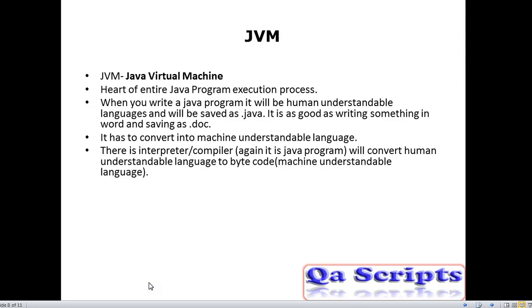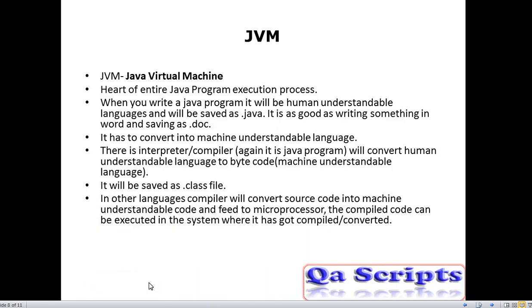The Java compiler will convert human understandable language to bytecode, that is machine understandable language. It will be saved as a .class file. So the .java file will be converted, and it will create one more file called .class file. In that, bytecode will be present. This bytecode can be understood by the machine.